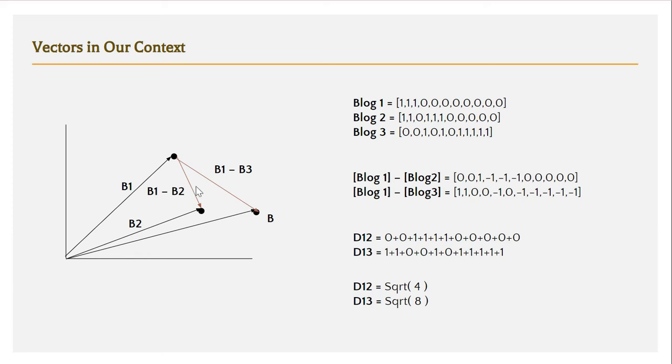So all we need to do now is calculate the distance between these 2 points and these 2 points, so that we know what the distance is. The maximum the distance, the minimum is the similarity. The minimum the distance, the maximum is the similarity. So if there is a minimum distance, then we can assume that those 2 blog posts are most similar. As a measure of similarity, what we discussed is we will calculate the distance between 2 points. Now we need to write code to do exactly that.